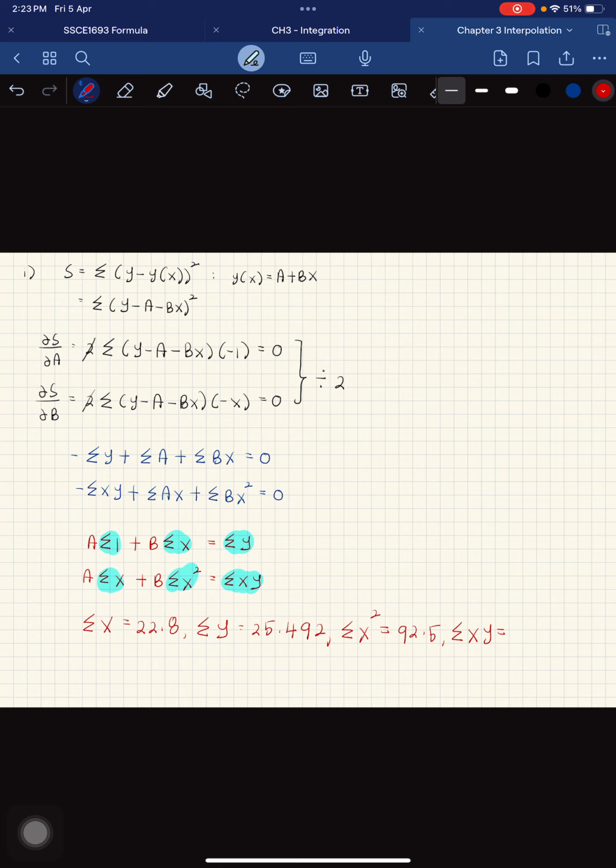Again option, summation xy is number 5 equal 107.0269. Okay, and then all these summations you substitute into the formula, and then you will get